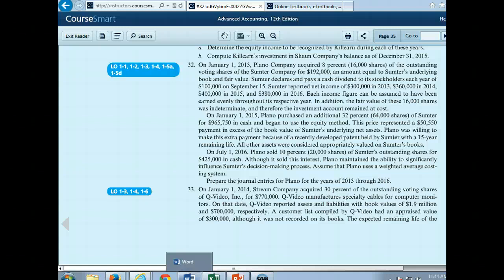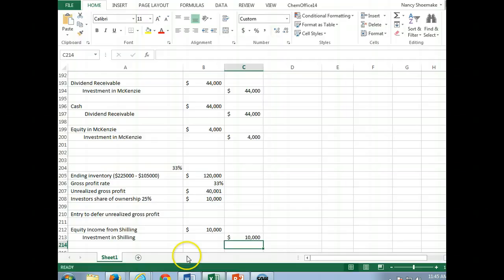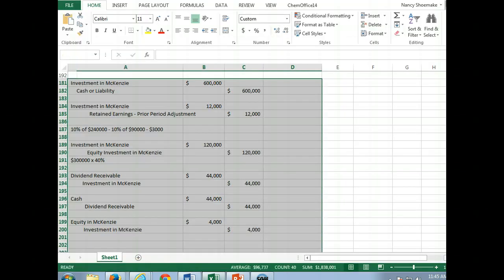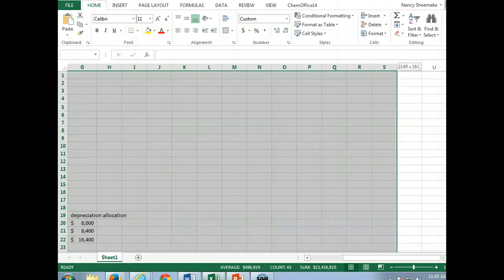So we have to prepare journal entries for all this stuff. So let's make it easy. We have to start with January 1st of 2013. They purchased the shares for $192,000. So the first thing we are going to do,